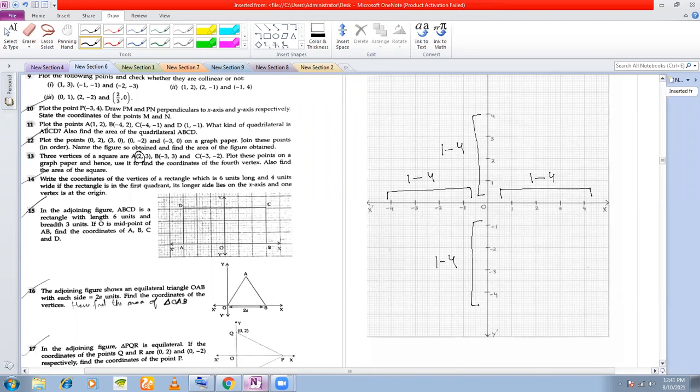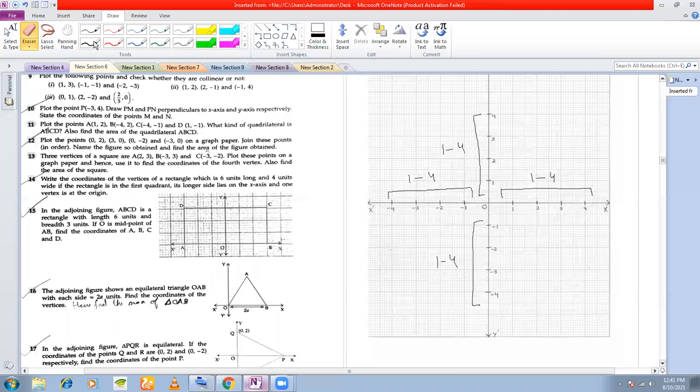See the x coordinates here. A is 2, then B is minus 3, minus 3. So all the x you can plot here, isn't it? On the x, all the x you can plot. You can accommodate. Even the y coordinate that you see here is 3, here is 3, and here is minus 2. So minus 2 and 3 also you can accommodate here, isn't it? You can accommodate or not? Yes, you can. So therefore, it is always better to use a bigger scale. Understood? It is always better to use a bigger scale.